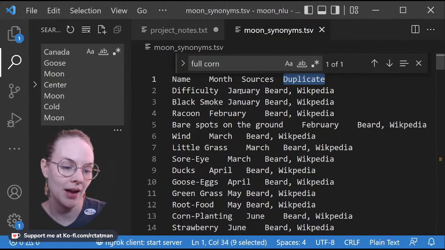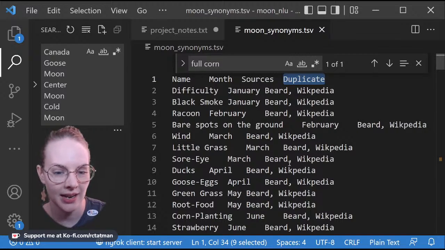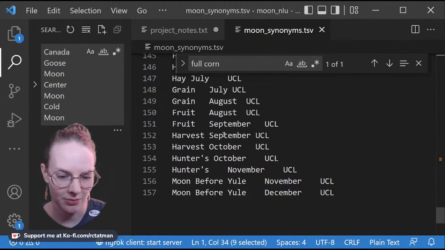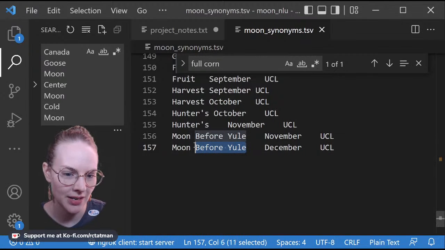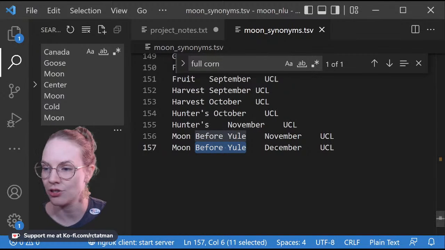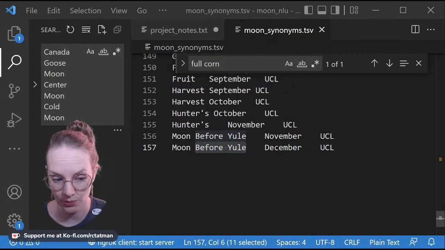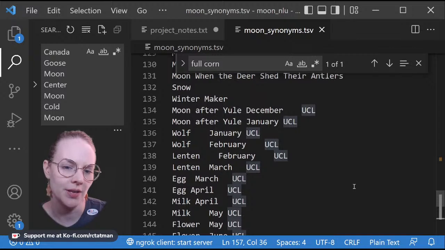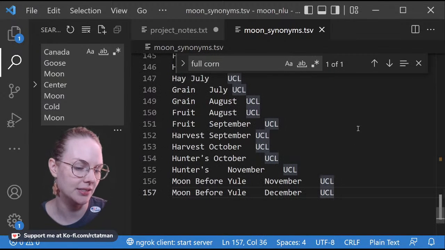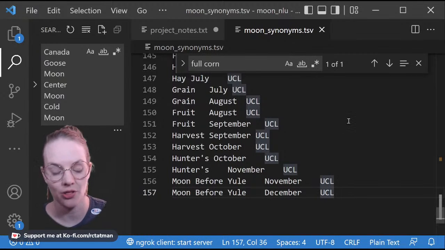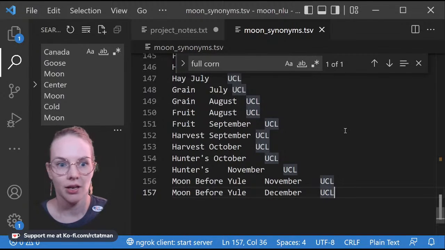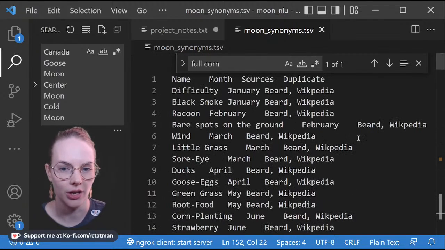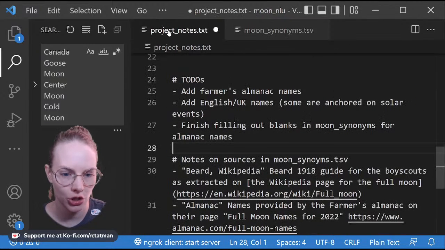Another way I thought of doing it is by the number, right? Like this is the first moon, this is the second moon, like the English system does it. However, to do that, you need to have a specific date that you are anchoring on. And certainly for the almanac days, we don't have that. They don't give us one. So I guess the date that they are anchoring on is January 1st. As opposed to in this English system where the date that they are anchoring on is December 21st, 22nd, 20th in there, the winter solstice, the shortest day of the year. Oh. Okay, I think this is a good start.